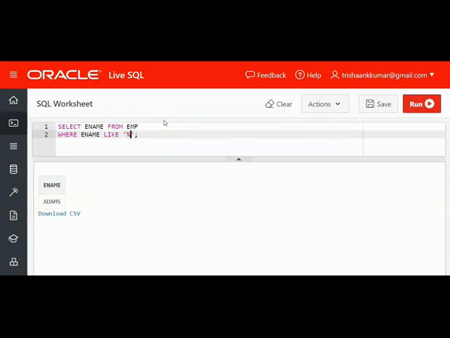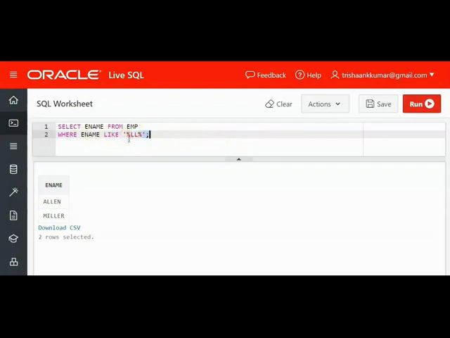Now what if I want the names that have 2 consecutive L's? Just take it simply like this: percentile L L percentile. So we have Allen and we have Miller. In this pattern, what we have observed is that the name contains 2 consecutive L's, ALL, ILL, which is represented by percentile LL percentile. So all the names having this pattern are displayed.